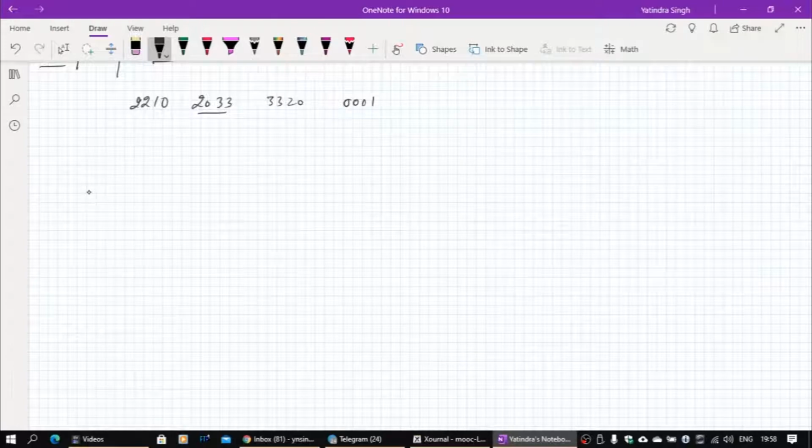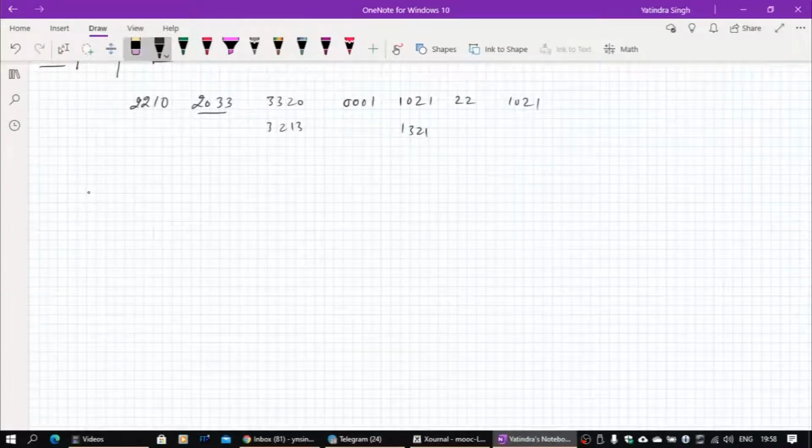Over time these are the nodes which have come in. 1021 has come in, 3213, 1321, and 1021 has already been placed here, so it need not be put up again. 2033 was already existing and 0231 was also already existing.